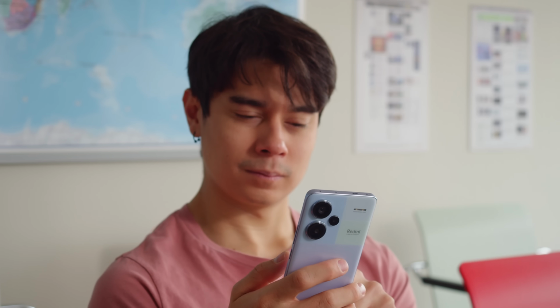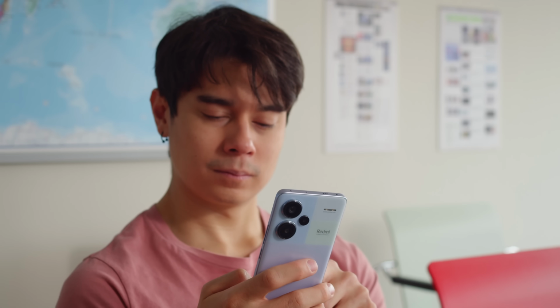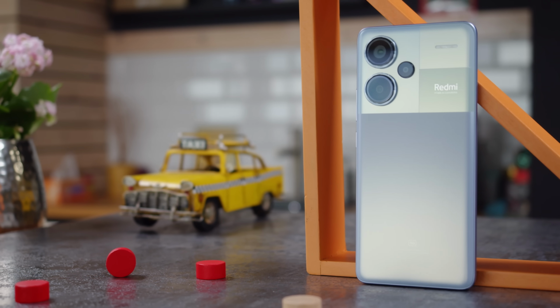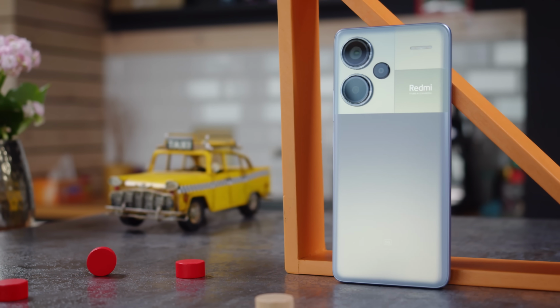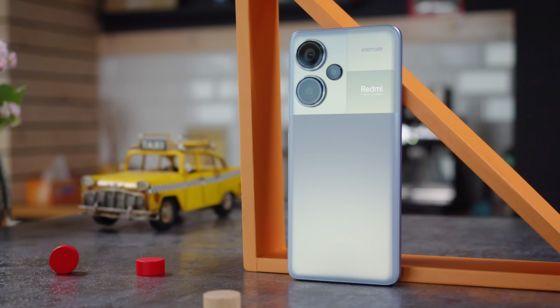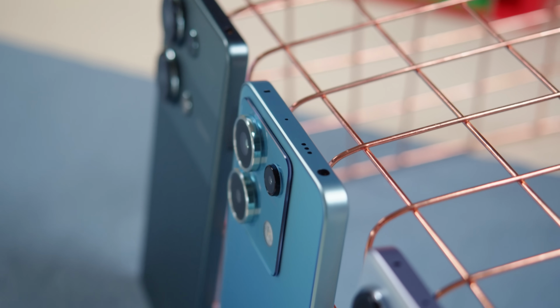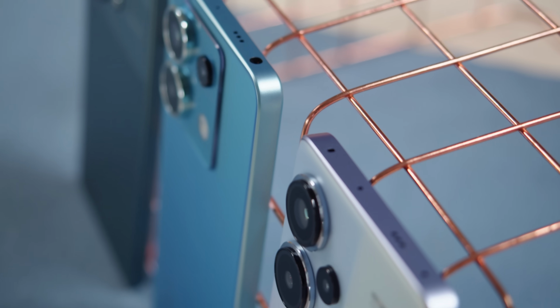When it comes to features, the Redmi Note 13 Pro Plus seems really well equipped, and it might surpass your expectations for a Redmi phone. It's a package befitting an upper mid-ranger, including a competitive chipset, super fast charging, IP68 waterproofing, and a whopping 200 megapixel main cam. Even design-wise, the Note 13 Pro Plus stands out from the rest of the Redmi pack with